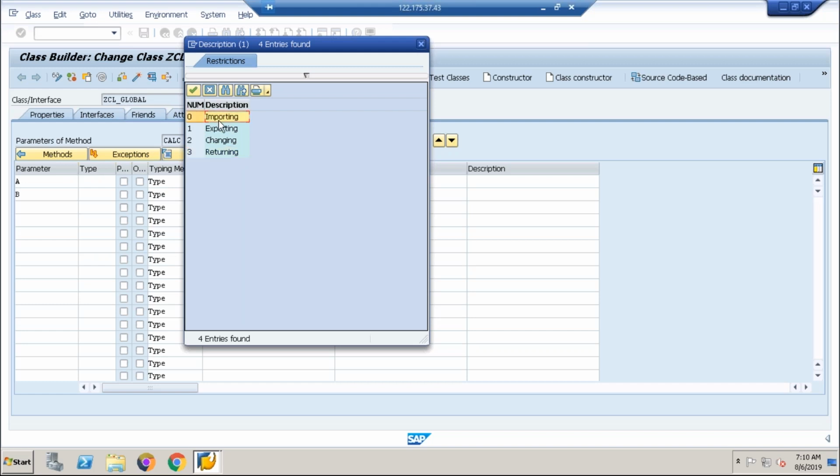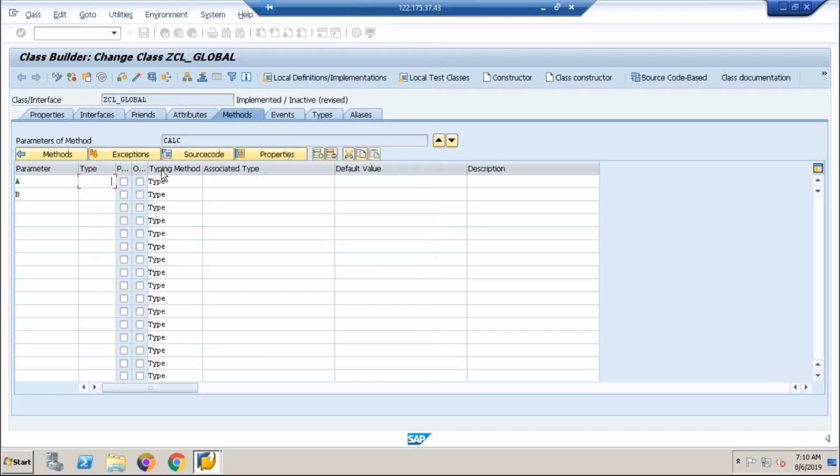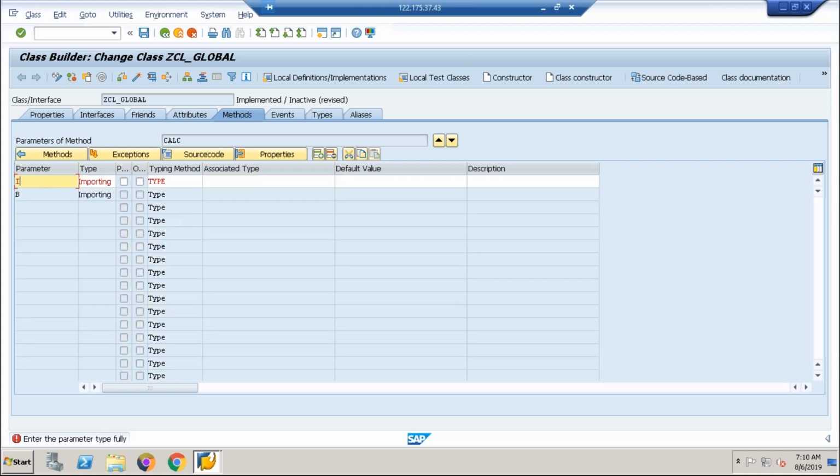From an object oriented programming perspective, tables is outdated now. So importing. Here it will become exporting in SE38. Again importing. Associated type integer.